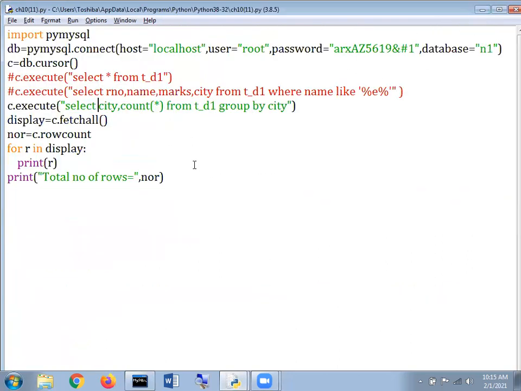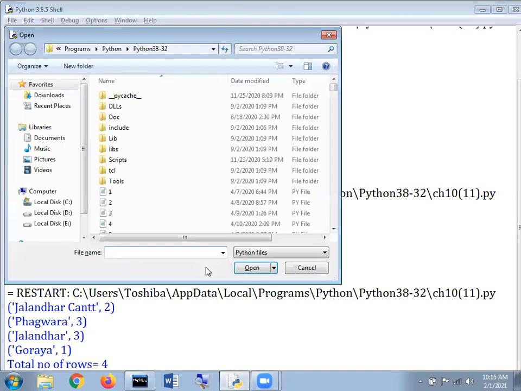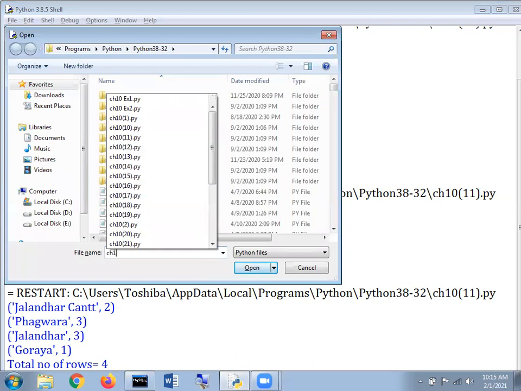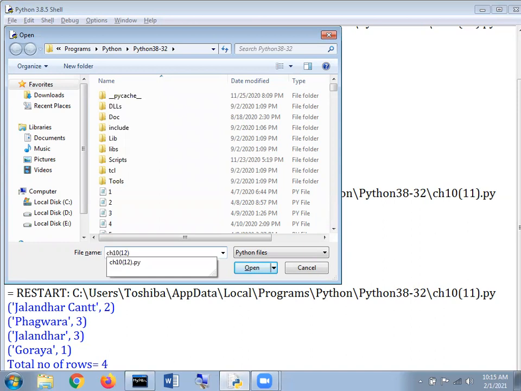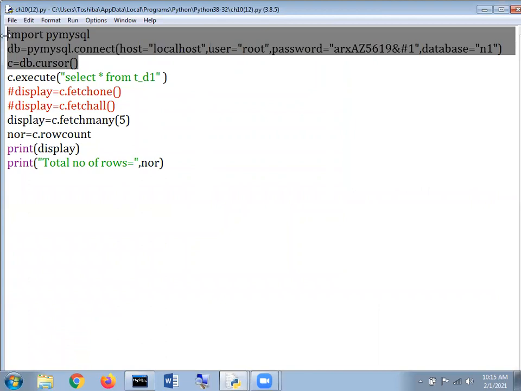I think so. Okay, I am just going to save this program, okay, and I am just going to close this one. Now, my dear respected students, this is the testing time for you. If you allow me to, if you give me a permission that I'm going to test you for a while. Here it is. The information will be there. Can I discuss this program with you if you don't mind? Okay. These 3 lines are not supposed to discuss.